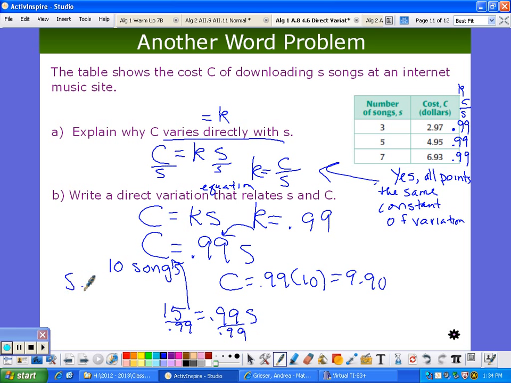Calculator friends, what do we get? 15 divided by 0.99. 15.15. Does iTunes or any other music company let you download a fraction of a song? No. So we're going to go with 15. Okay. So again, this is very useful. It helps us go back and forth between these different kinds of